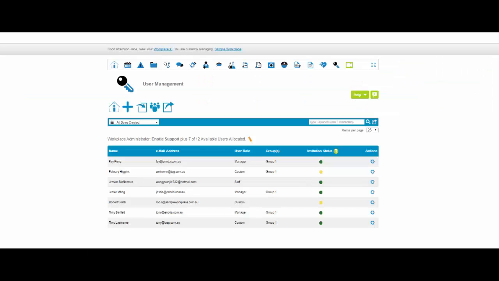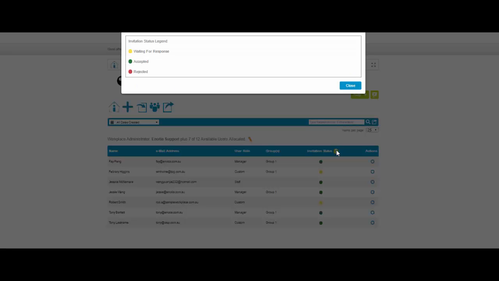If the email address entered already has access to the workplace, the system will display an alert. Otherwise, an invitation to access the workplace is sent to the new user and they'll appear in the list. If the user hasn't previously accepted an invitation to access any workplace in the system, the status will display as